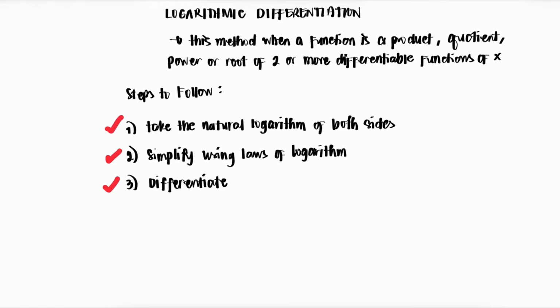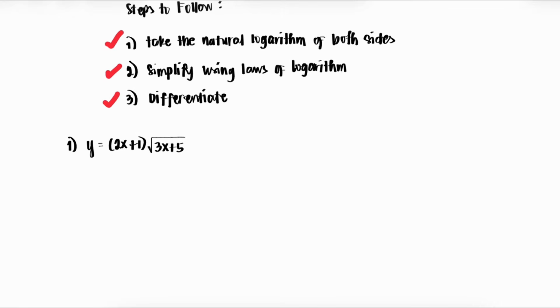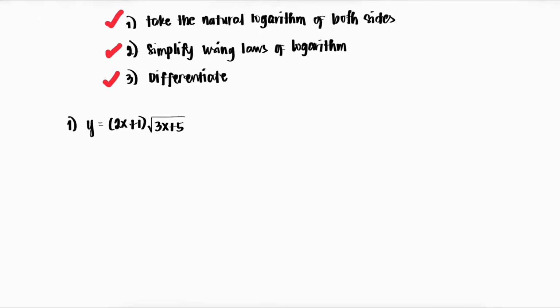So for example, we want to find the derivative of the function y equals 2x plus 1 square root of 3x plus 5. So as you can see here, it's a product of 2x plus 1 and square root of 3x plus 5. So another method that we can use here is actually the product rule. But we can also use here logarithmic differentiation. So according to the steps, the first step to follow is to take the natural logarithm of both